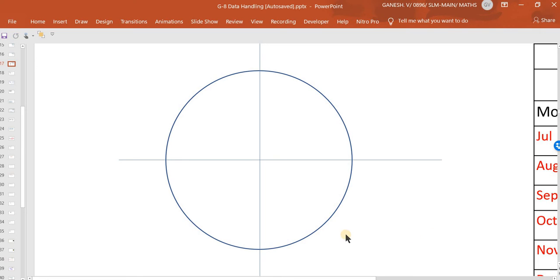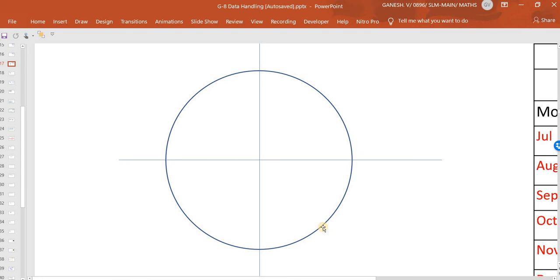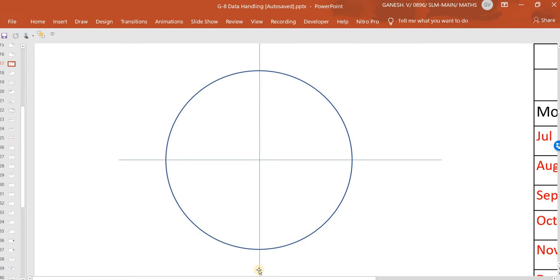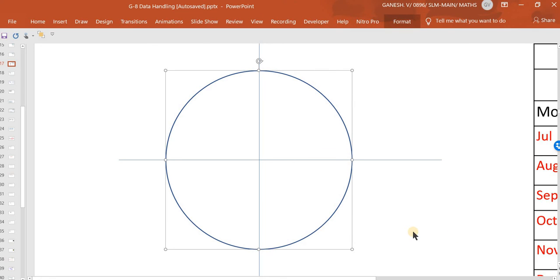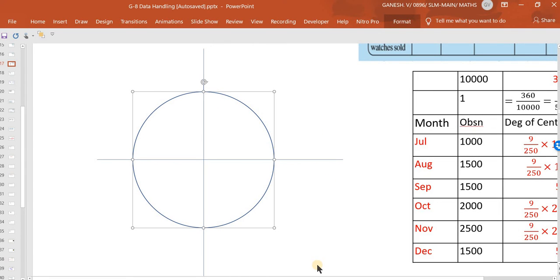Now if I select this one, you see, it is still not there. I'll have to select the line separately and move it still left. I moved it still left. When I select the circle, even now it is not there. So I'll select outside and select the line. Now it will be, I think. When I select the circle, yeah, that vertical line passes through the center of the circle. The point of intersection of these two is the center.